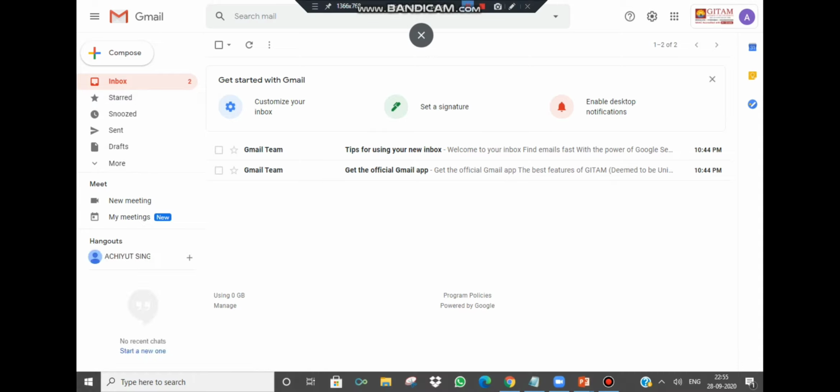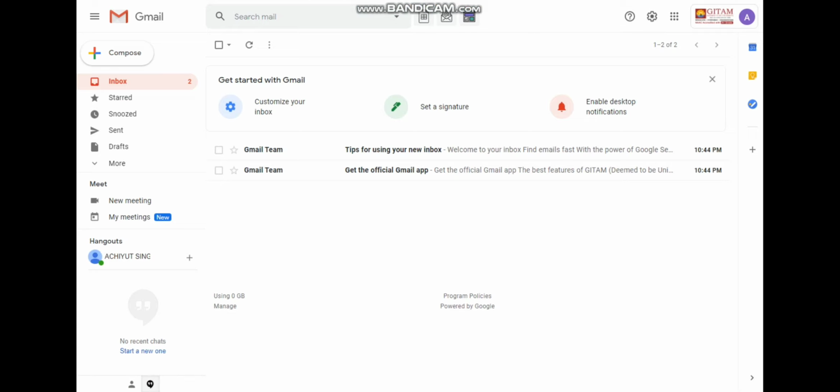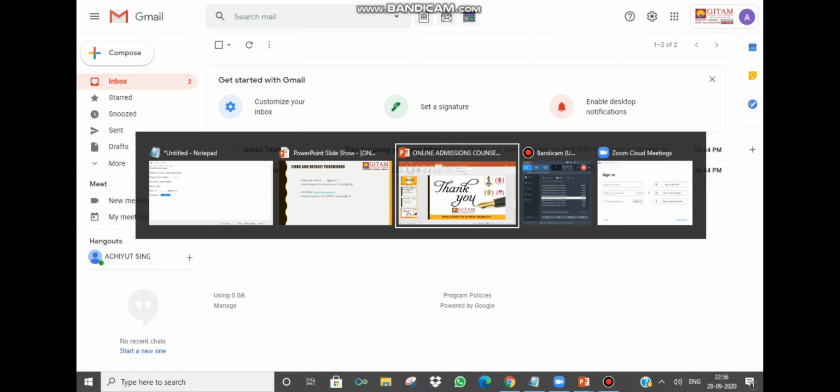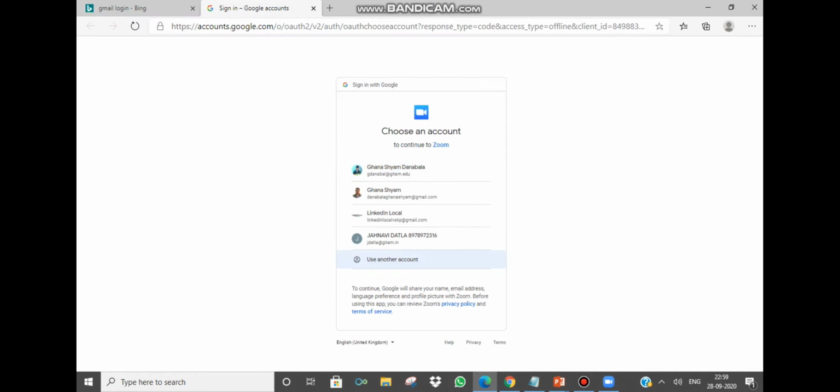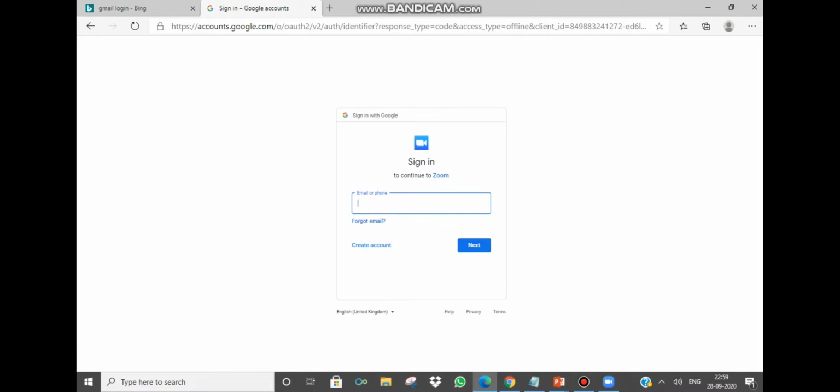Now step 2 of the procedure is to create a Zoom account by using this Gmail account. By using the geetham.in Gmail account, we are supposed to create a Zoom account. I will go to the Zoom app which is installed in my system, and there I can click on sign in with Google. Once I sign in with Google, I can enter my mail, as I have used Achyut Singh's mail, asingh4@geetham.in. Whatever mail you have received, you are supposed to enter that. And this is the password I had just set recently while activating my Google account.